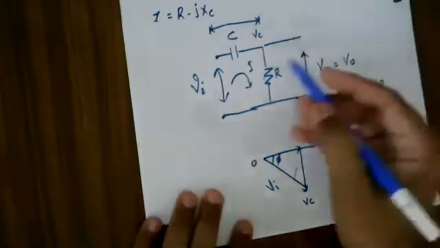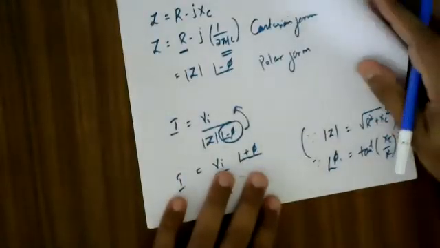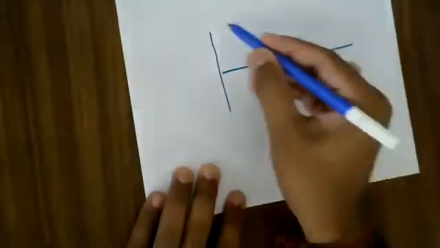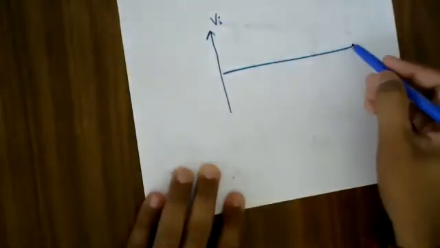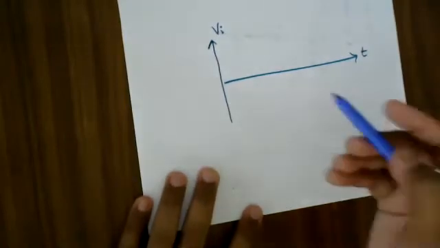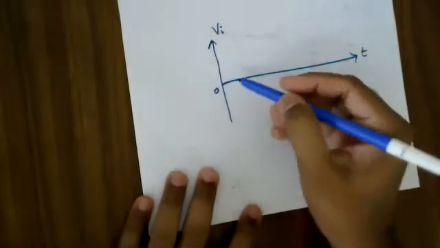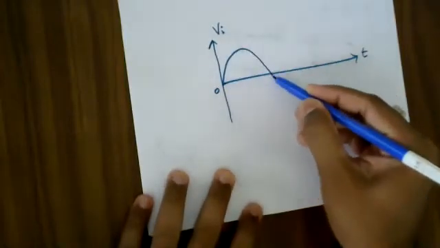I simply mean to say, if I have some input voltage, let me show it in graphical form. Let me say this is my input voltage VI with respect to time t, and the input voltage that I'm going to apply, let it be with respect to the origin. So it simply means I'll have my signal somewhat like this.